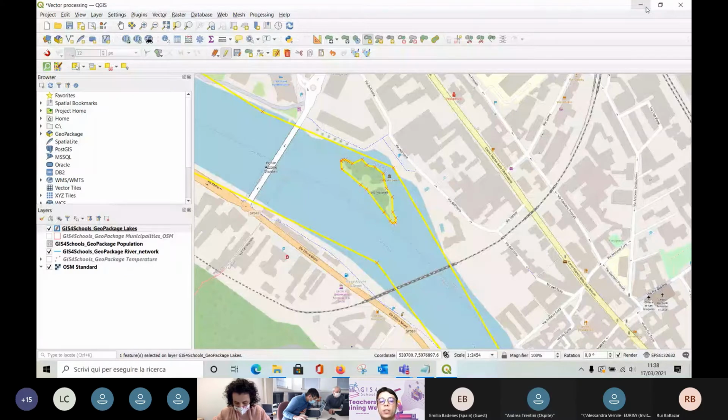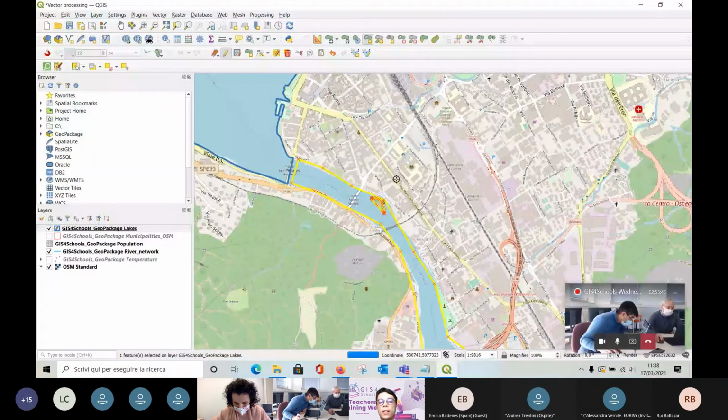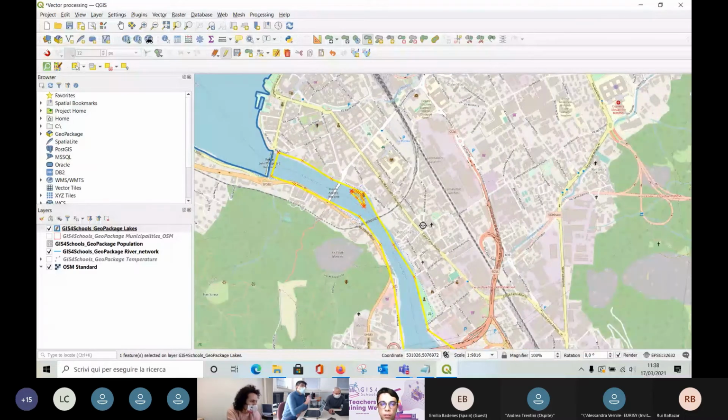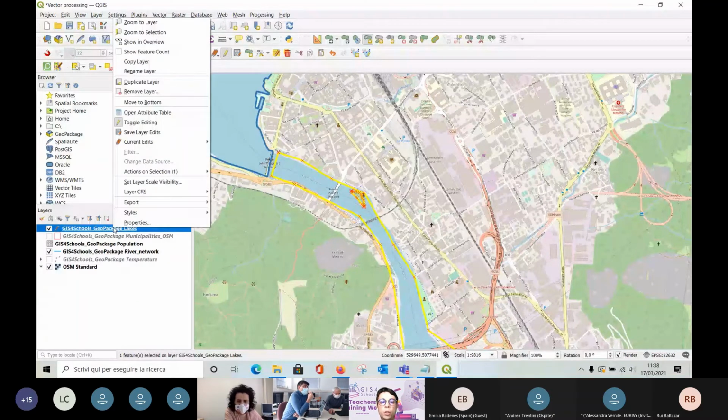Now, in order to save the edits that we have performed, we have to right-click on the layer lakes. So right-click on it and click on Save Layer Edits. If you click on Save Layer Edits, all the geometries that we have just added are saved. So click on it,